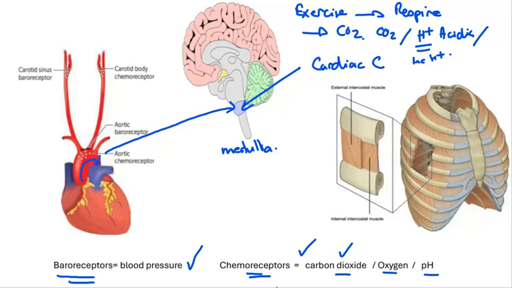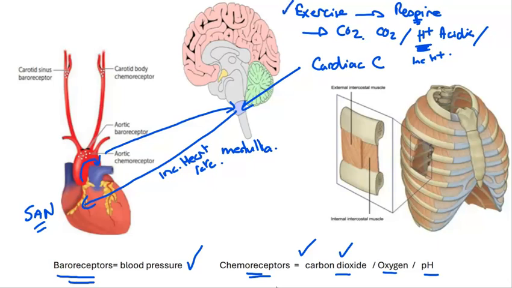And detecting a fall in pH tells the body that we have increased levels of respiration, and the output can be back to the sinoatrial node. So I just put SAN here, back to the sinoatrial node, and we're getting the stimulation along the vagus nerve to increase heart rate. Now that increase in the heart rate would increase the circulation and the circulation of oxygen to the muscles,